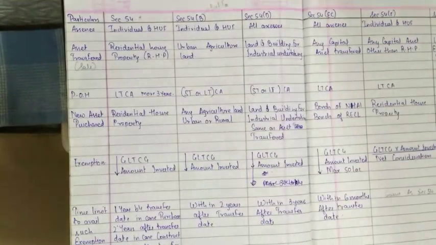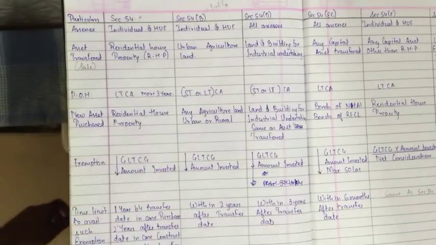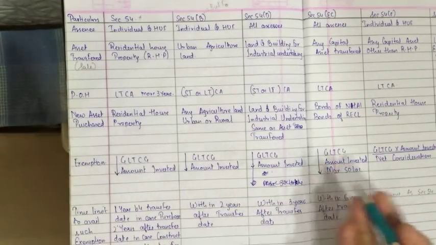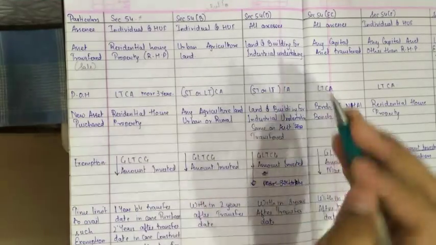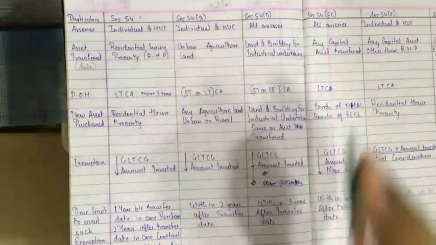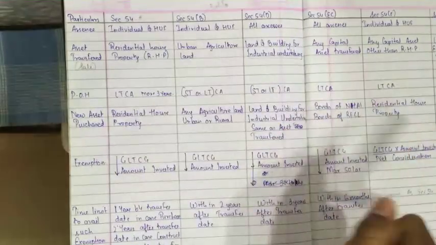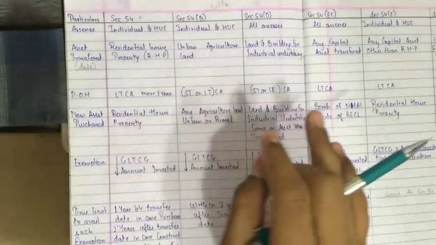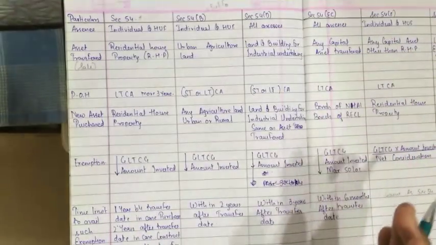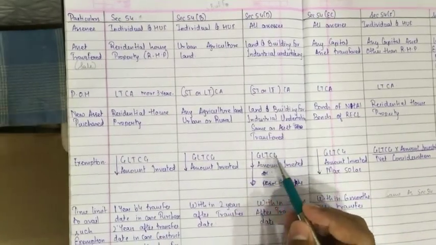In this, the period of holding of the land and building of the industrial undertaking has no specification that it should be long-term capital gain. It can be long-term or short-term capital gain. The asset transferred should be land and building of industry, and the purchase should be land and building for industry only, not for any other purpose. Then only the exemption is available, of the gross capital gain or the amount of investment, whichever is lower.